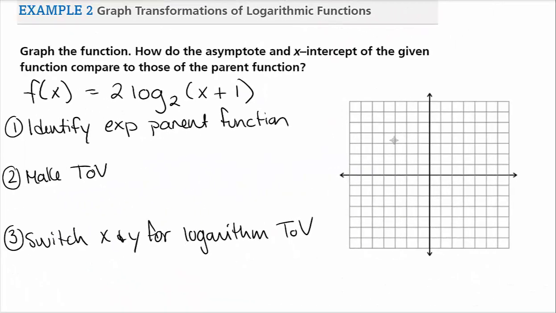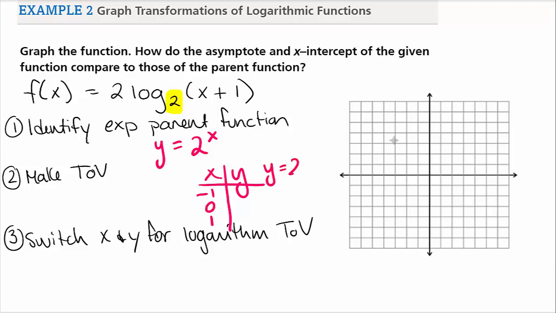Now we're going to apply the same method of graphing logarithms to one that has transformations. So we'll use the same process. We'll first identify the exponential parent function. So we see that it has a base of 2. So y is equal to 2 to the x. Then we'll make our table of values. So we end up using -1, 0, and 1. If we plug that into our parent function, we get